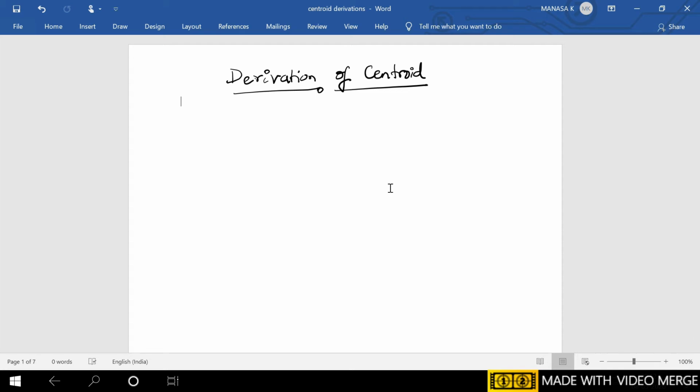Hello students, in this video we shall deal with the centroid derivation of different geometrical shapes. Before going for any geometrical shape, we shall derive the general equation which is required for the same derivation, that is derivation of centroid for an irregular lamina, which will fetch you the formula which is necessary for the derivation